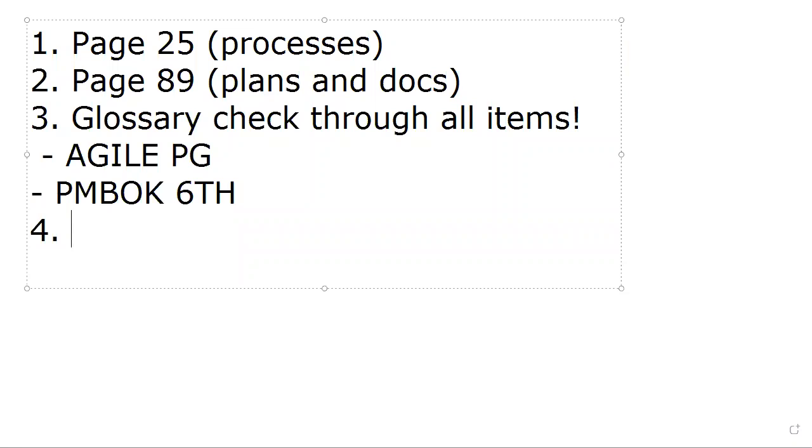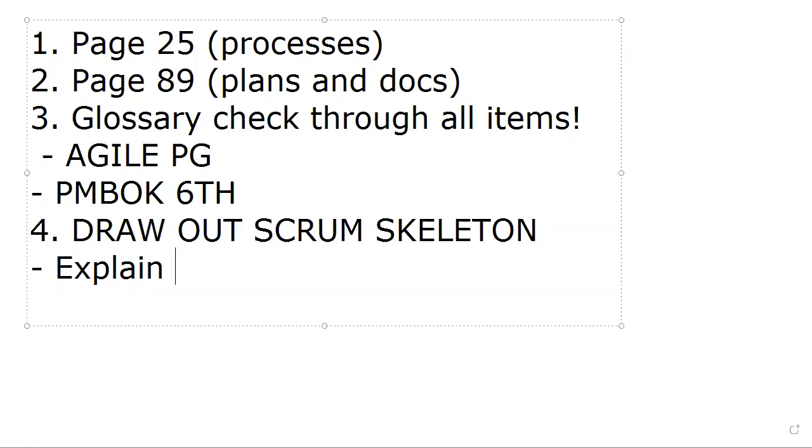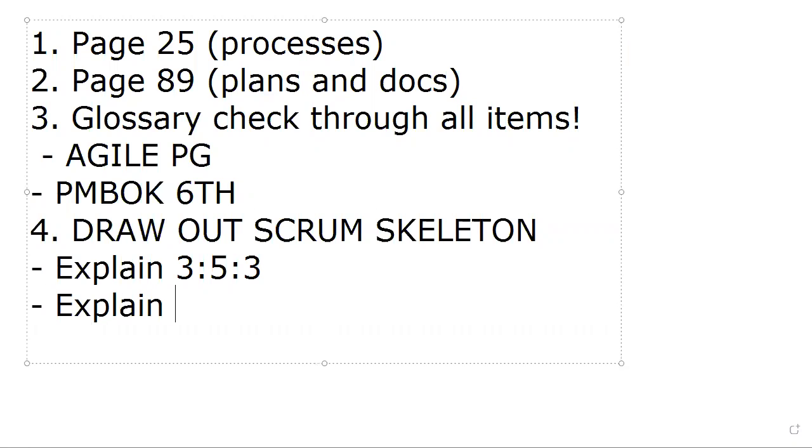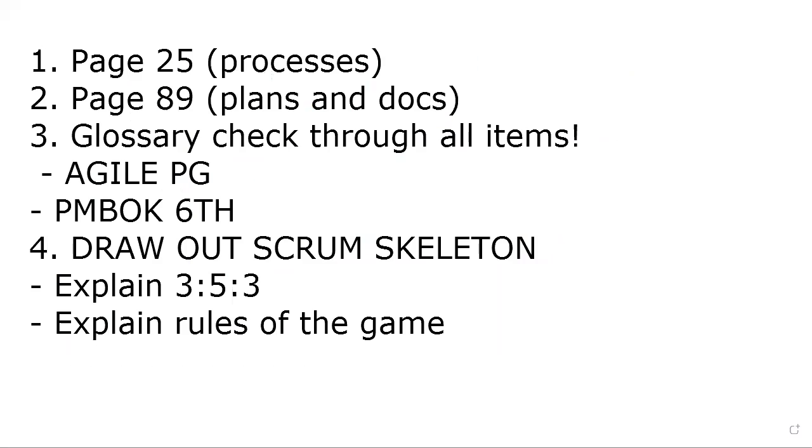The fourth thing I would highly recommend that you do is draw out the Scrum skeleton. That is absolutely important that you can do that. And not just to draw it out, but also to explain the 3-5-3 configuration. I also want you to explain the rules of the game, right? The rules of the game are things such as knowing that the product owner, for example,